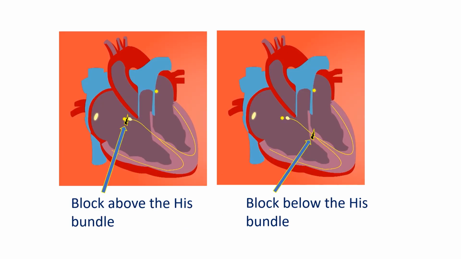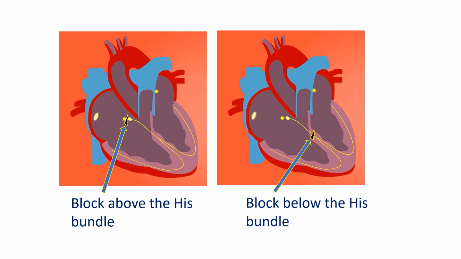If the signals conducted down from the sinus node are blocked above the bundle of His, it is called suprahisian complete heart block. If it is below the bundle of His, it is known as infrahisian complete heart block. Sometimes the block can be intrahisian as well. Infrahisian block has a higher risk as the subsidiary pacemaker in that case will be ventricular with lower and unsteady